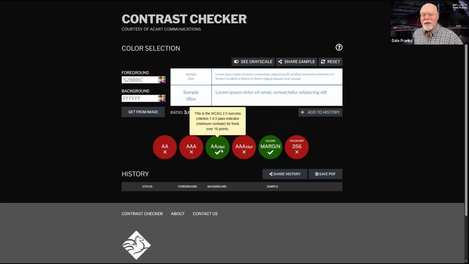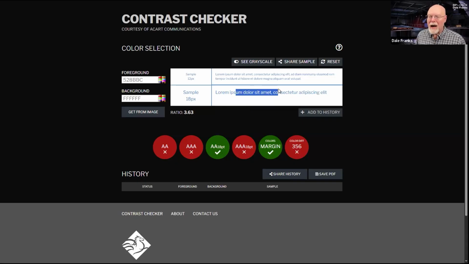If this text in this color, 528BBC, is larger than 18 points, it does pass double A level compliance. So I can use this color, but I can only use it when it is 18 points or larger.